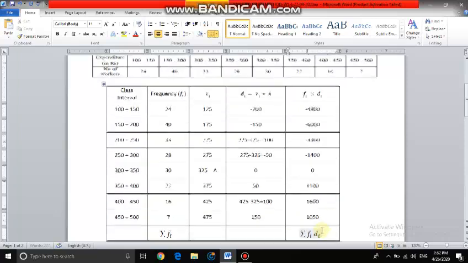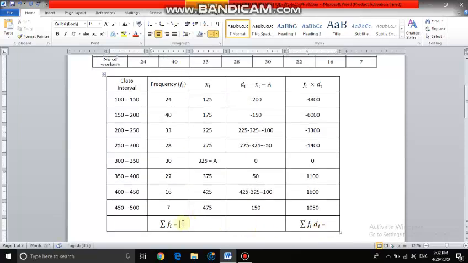Okay, so after getting the di, as usual, here I have to get the sum of fi, the sum of all fi's, that is the sum of all these numbers. If you add, you will end up with 200, and here is the summation of fidi. So you have to add all these numbers. Be careful, these are negative numbers and these are positive numbers. When you are adding, you have to maintain the sign also. So if you add, you will get the answer as minus 11,750. So this is the sum which you get.